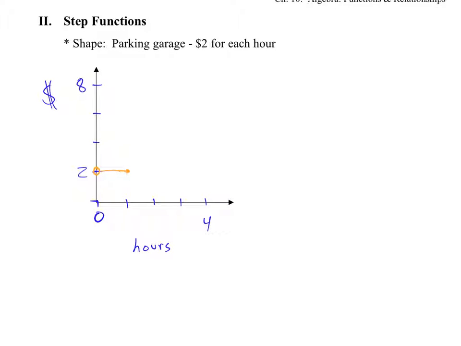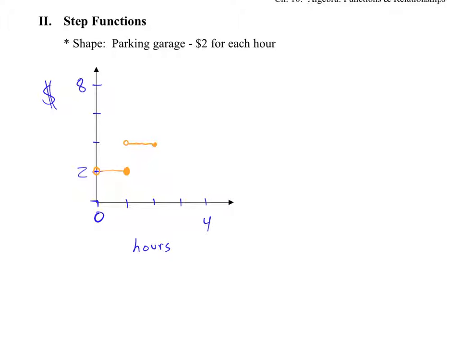But as soon as I'm there for 1 hour and 1 second, I have to pay 4. So technically we can't have my graph start right here at $4 and at the 1, because then the graph would say you need to pay $2 and you need to pay $4. So right here where my red dot is, I need to have an open circle. Because the open circle is saying, well, when x is actually 1, I'm still paying the $2, right kind of here at the bottom. That number there that I'm making bigger. But now as soon as I'm a second over 1 hour, now I pay $4